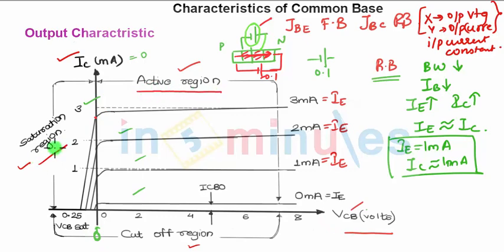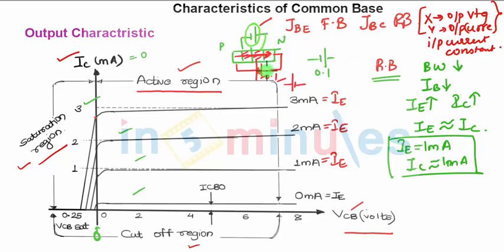Now moving to the saturation region, we have reduced the value from a very high value to 0.1 volt. Now we are further reducing this. That means when you are further reducing this, you are forward biasing the diode. That is, this terminal now will become positive and this will become negative. So you have JBE forward biased and JBC forward biased. That means both the junctions are forward biased.